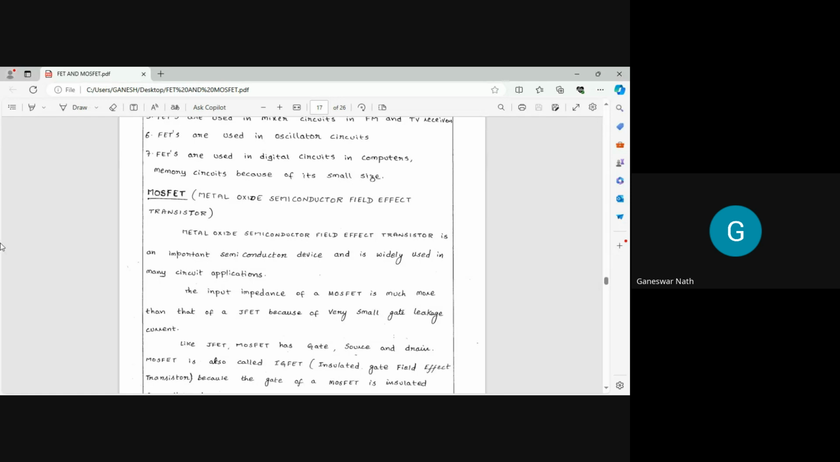Okay. So the input impedance of a MOSFET is much more than that of the JFET because a very small gate leakage current is established here. Okay. But in case of the BJT, you can find there is a large amount of